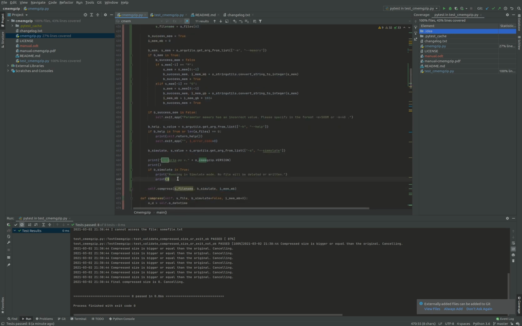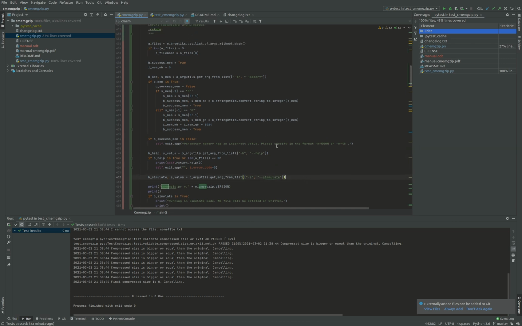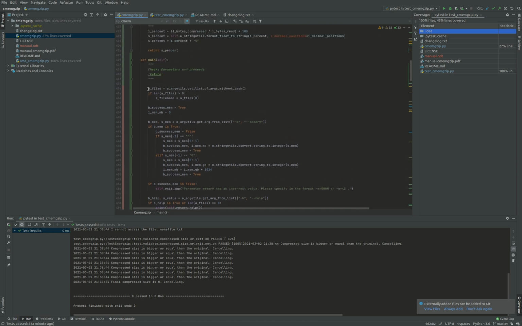And this is the header. Okay, this I can keep, and all of this is part of parameter validation. So I can extract this, and I will